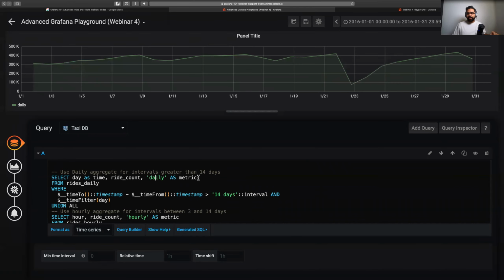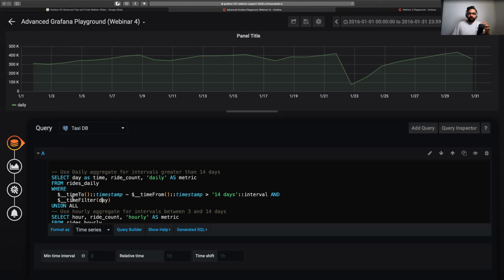In this case, it says daily from this rides_daily continuous aggregate that we created. And then in the where clause, we want to say, okay, if the time from minus the time to is greater than 14 days, then use, basically use this time filter value of